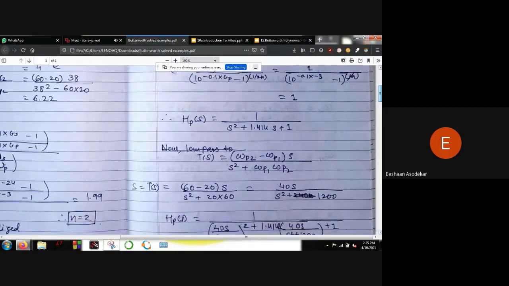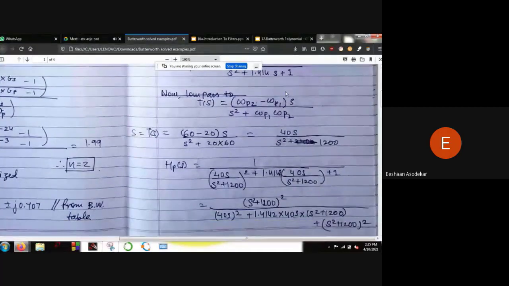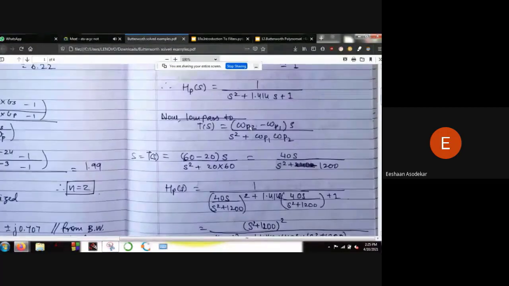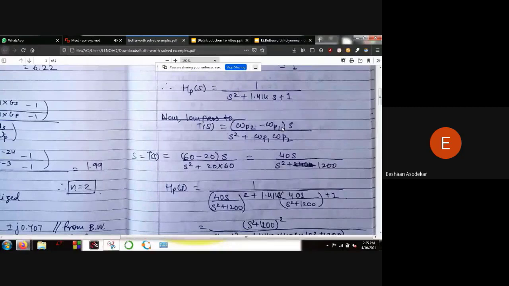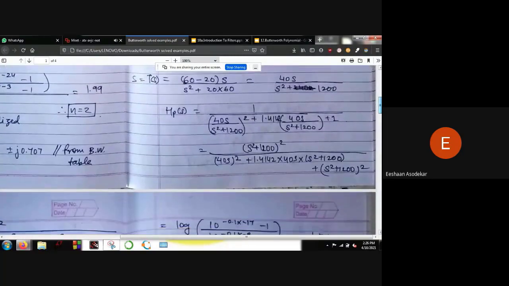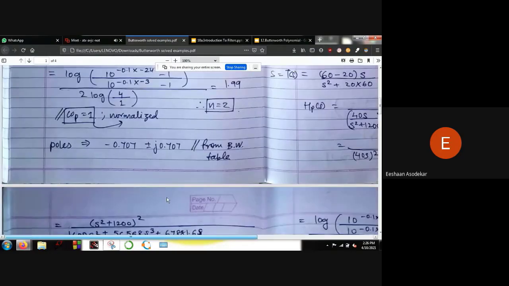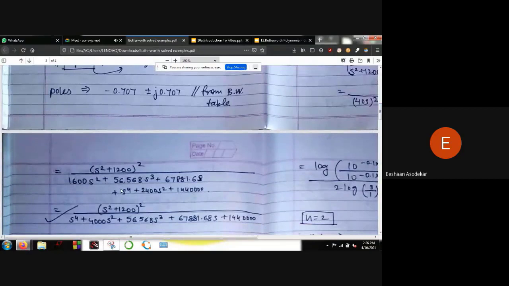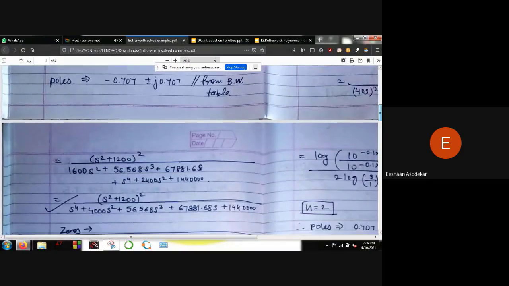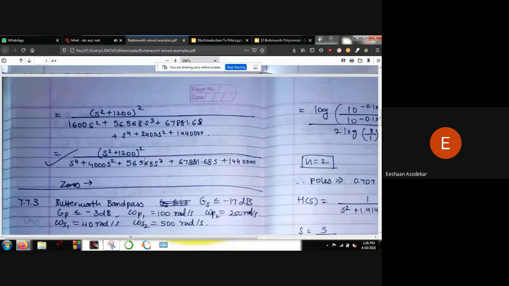And again, we have to substitute the above equation. Again, we have to substitute s as omega p2 minus omega p1 times s upon s square plus omega p1 omega p2. And here we shall finally end up with the answer of the bandstop filter. And after this you can implement this using various methodologies, and yeah, that's about it.